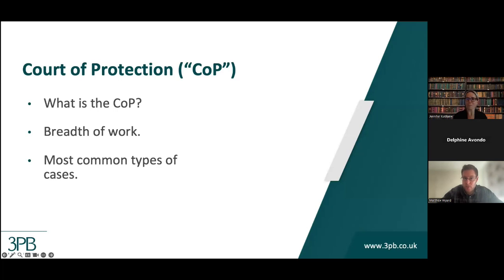The other two areas, contact and residence disputes, commonly crop up in situations where perhaps a child has been removed from their parents as a child and placed into care. As soon as they hit 18, if they are disabled children, it's not uncommon for parents to try to regain contact or perhaps to have those children move back in with them. And you can have disputes over whether that is in a child's best interest or at that point an adult's best interest.